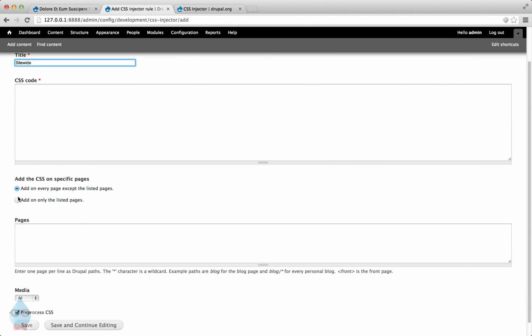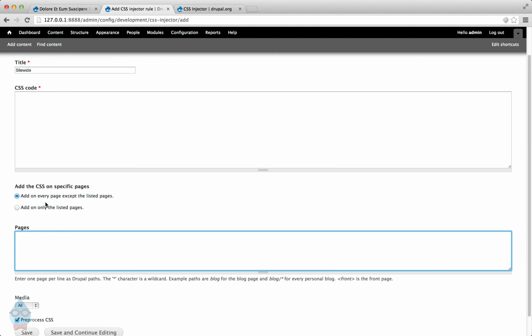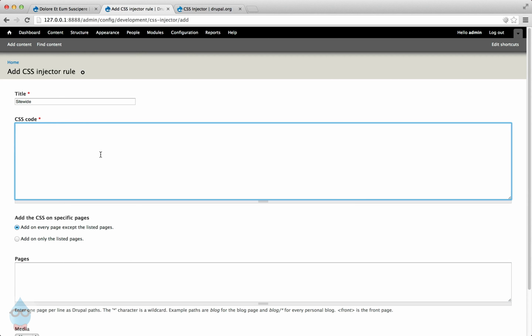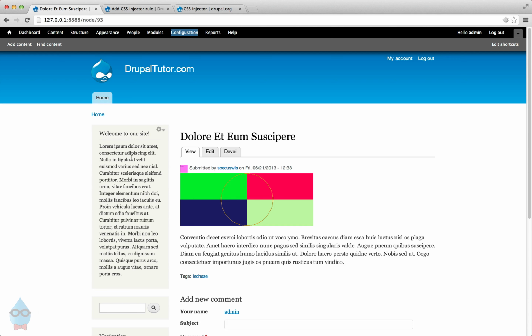If I wanted to restrict it, like maybe I just wanted it to show up on my blog pages, I can restrict it to certain pages down here. This works exactly like the blocks interface, so if you're familiar with that, then this should be familiar here. If you leave it blank, it'll show up on every page, which is what we want here. So let's start with the sidebar. We can add any CSS code we want to this rule. So if I want to expand this sidebar,